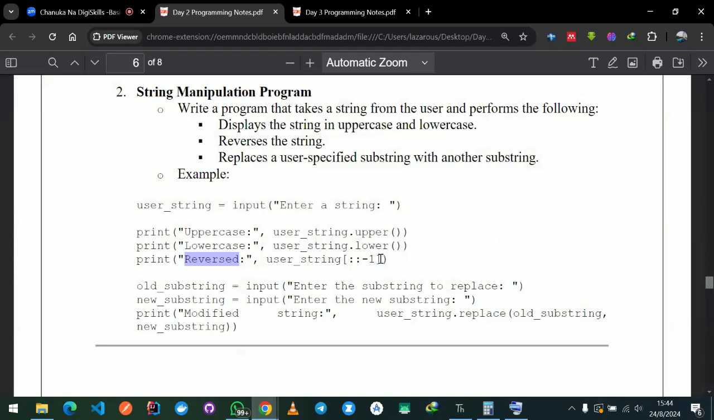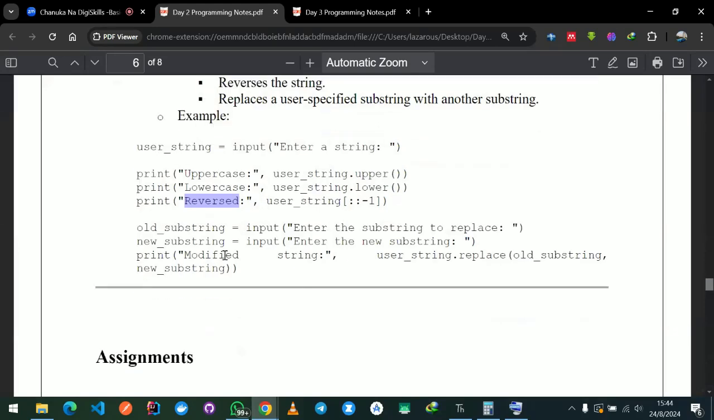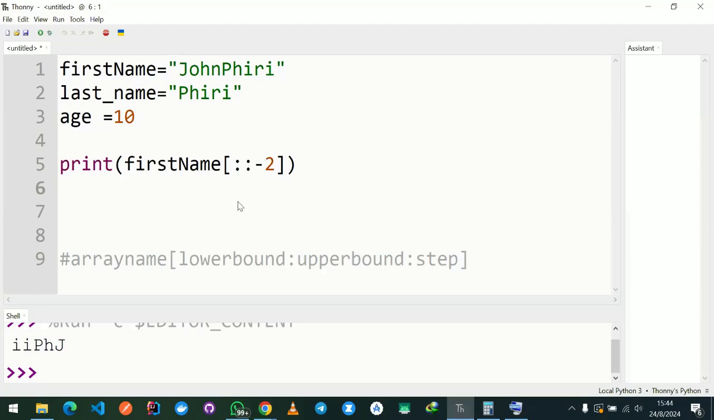Then the next one is what? What's here? Old string, new string. This is replacement, right? Okay, this is replacement. The replacement, I think we talked about its syntax. Yeah. The syntax of replacement is